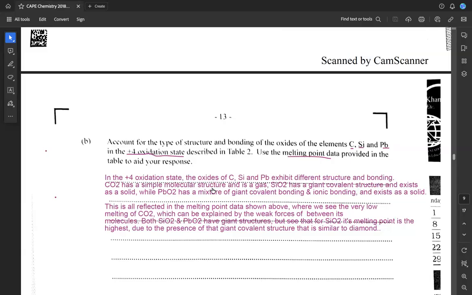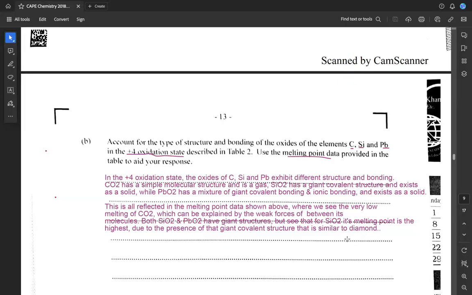So these varying structure and bonding patterns are all reflected in the melting point data shown above, where we see the very low melting point of CO2 that's characteristic of that simple molecular structure, right? And that can be explained by the weak forces of attraction between its molecules. And then in SiO2 and PbO2, remember, those two melting points were higher than we saw in carbon dioxide. And particularly for SiO2, we can attribute that high melting point to its giant covalent structure that's